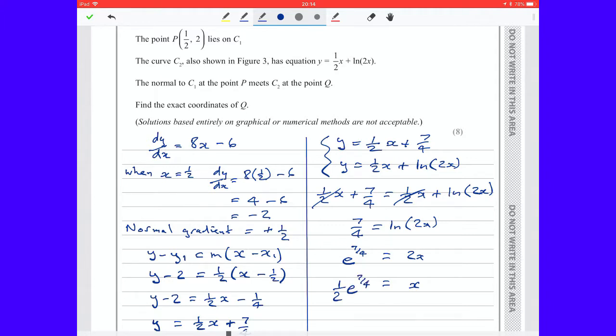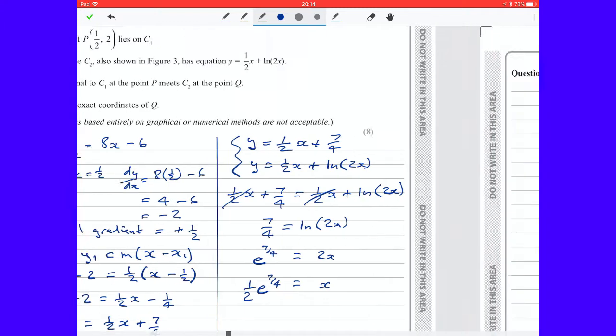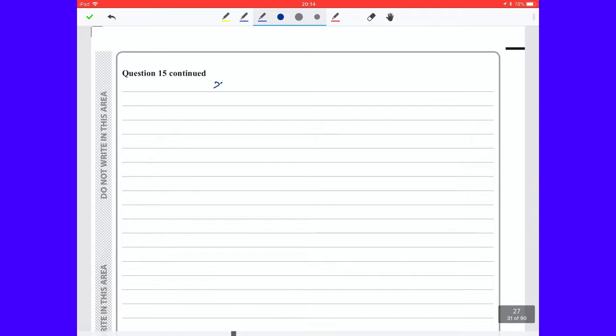And we can't reach for our calculators here because we're asked to find the exact coordinates of Q. So having found the exact x coordinate, we'll now find the exact y coordinate. So x is equal to 1/2 e to the 7 over 4, and we know that y is equal to 1/2 x plus 7 over 4. So y is equal to 1/2 of 1/2 e to the 7 over 4 plus 7 over 4,